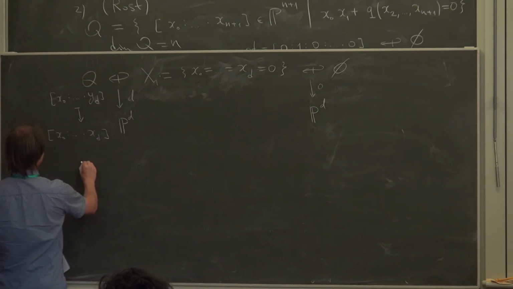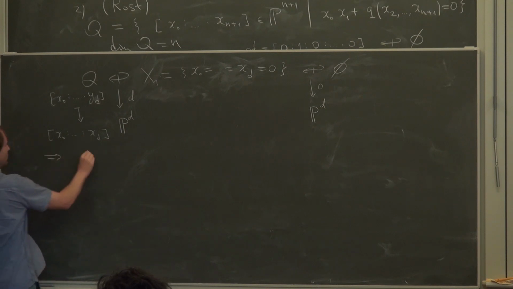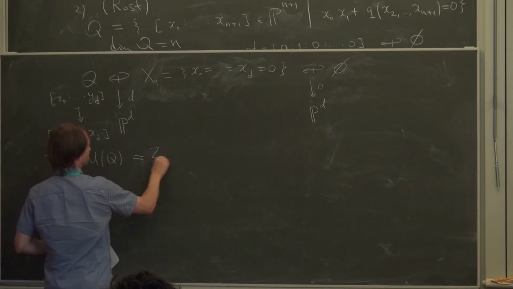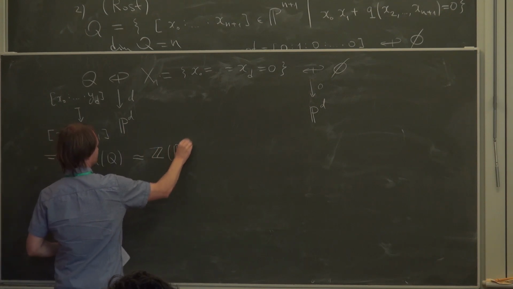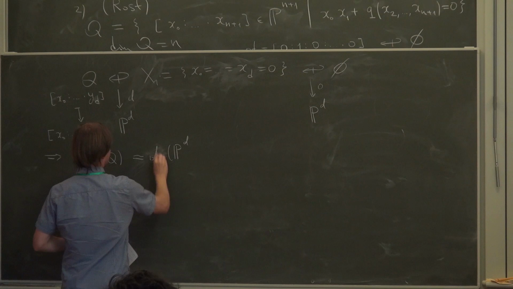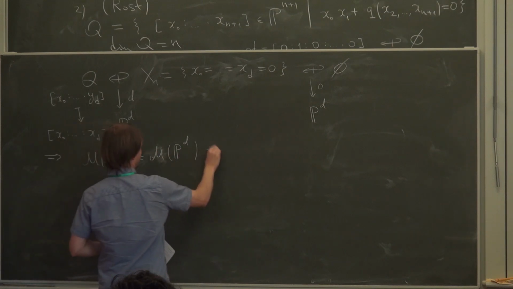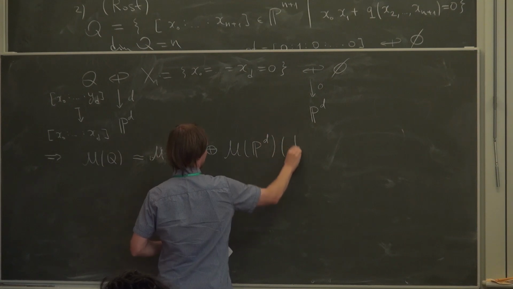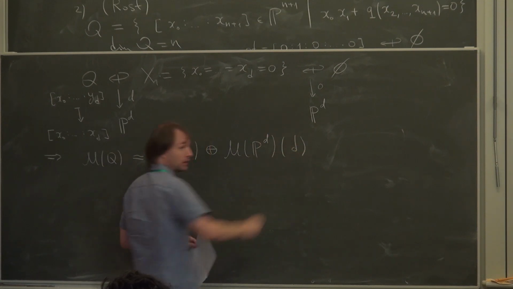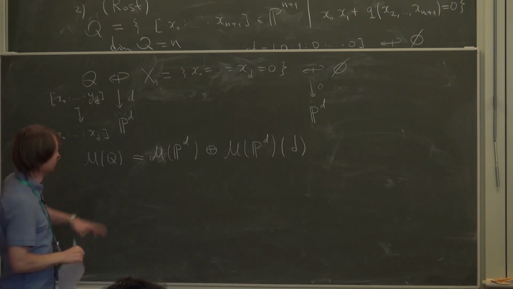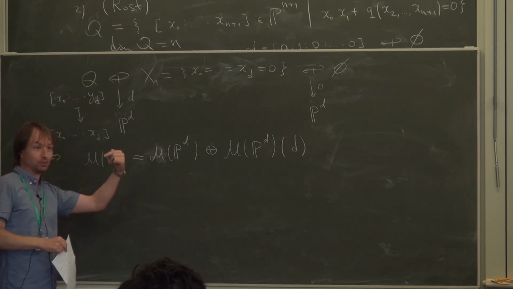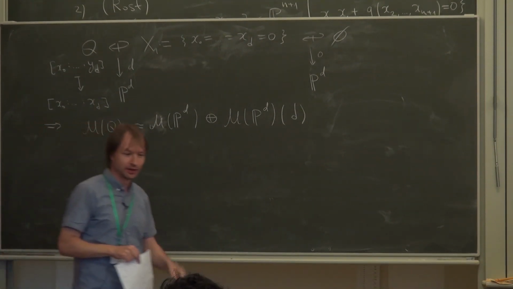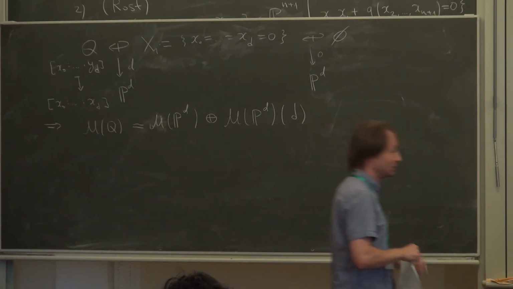And at the end we get that the motive of Q is the motive of the projective space plus the motive of the projective space shifted by d. So for the motive of the projective space, you again take the previous formula and plug in. So at this point, let me draw the Hasse diagrams for quadrics, because